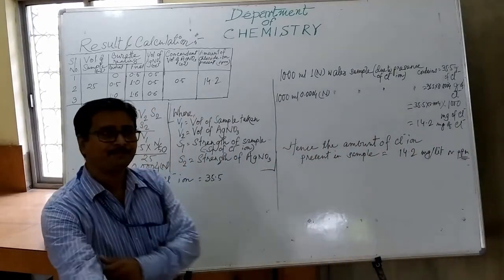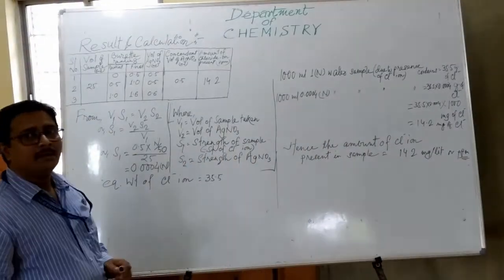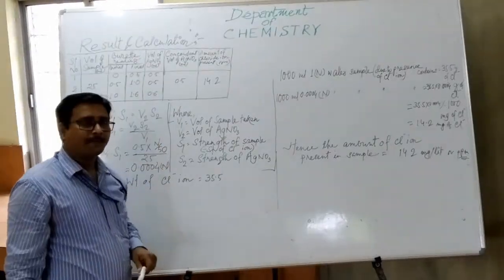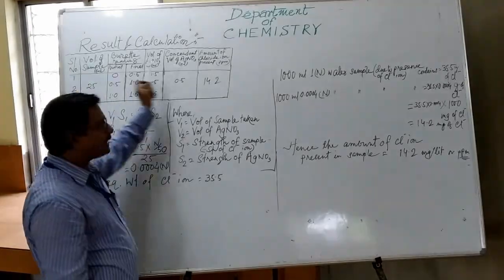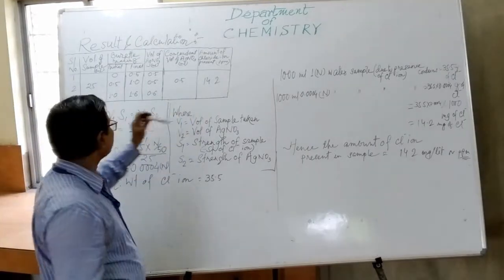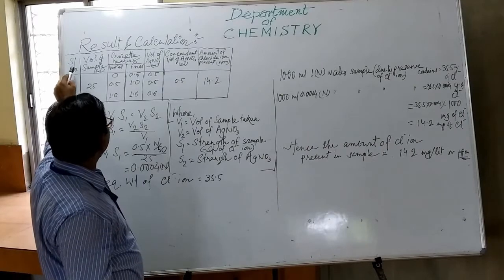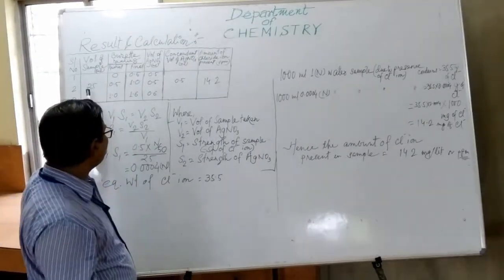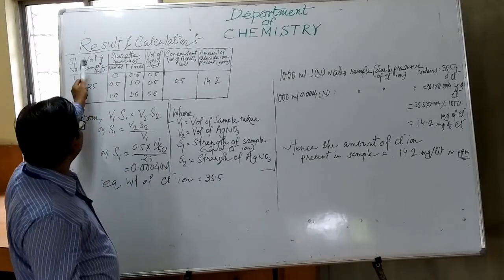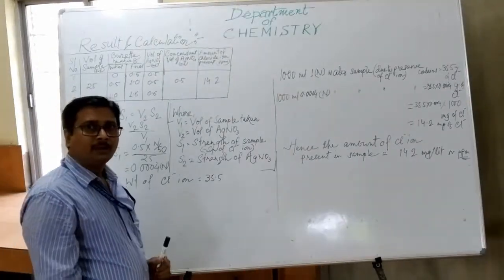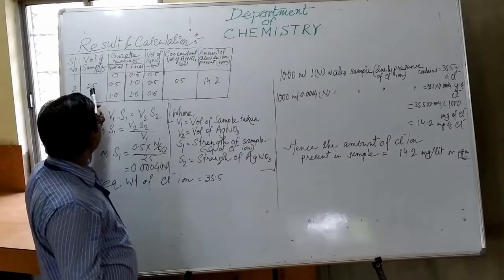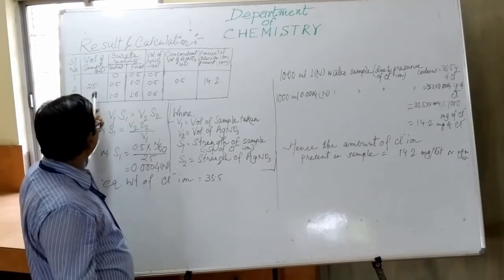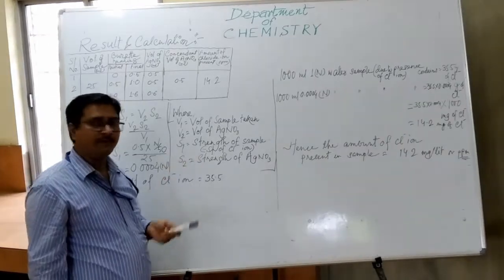Okay, students. Now the last part of the experiment is result and calculation. So we have to fill up the table after doing the practical. Now, as I told you, you have to take the observations and put them into the table. So the first column is volume of sample. The volume of sample is what you have repeated out. It's 25. So for the single observation, you can write down 25.